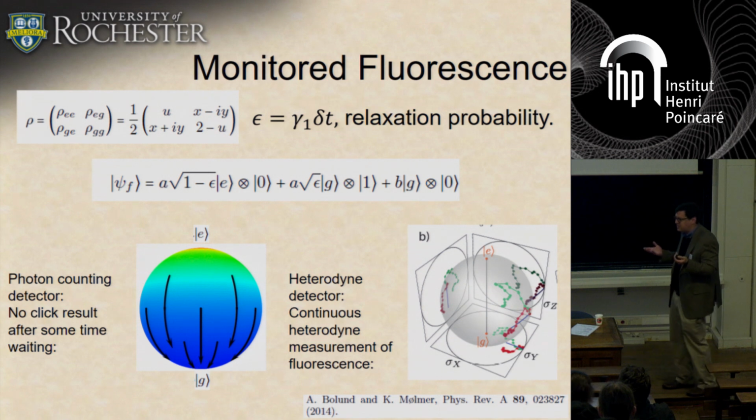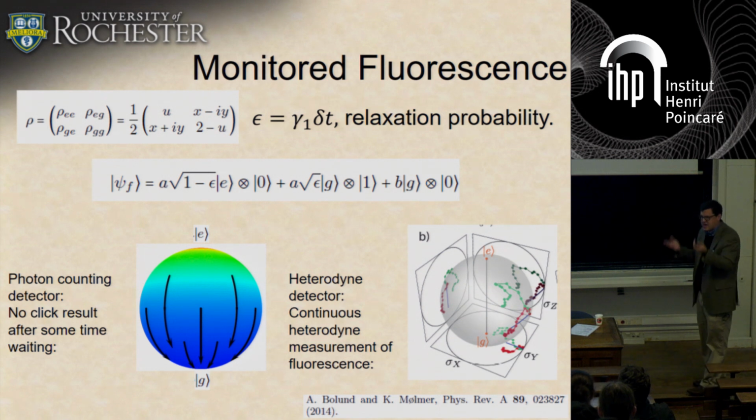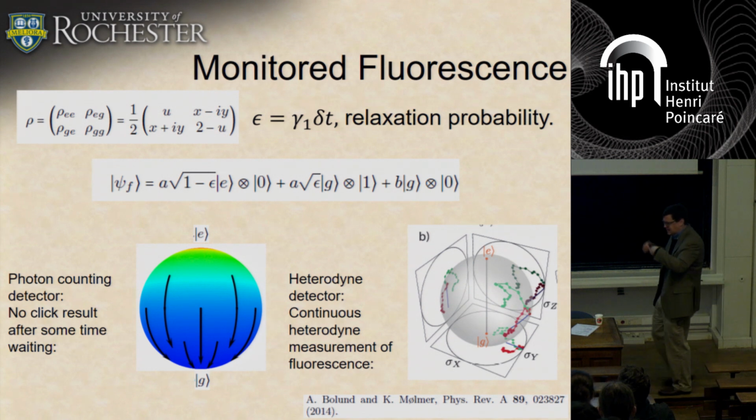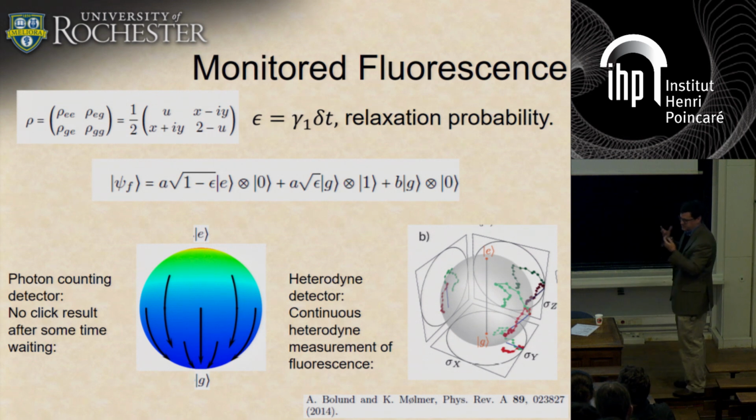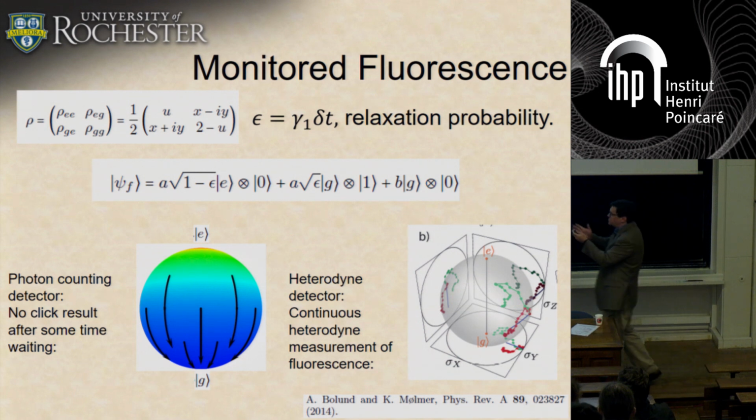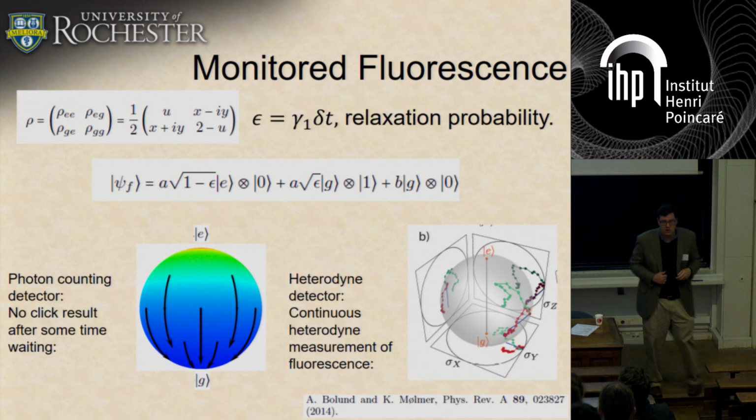So you might say, how can this be? Because the atom is just doing what the atom is doing. It's me that's detecting it. And the quantum mechanical answer is that these are entangled with each other. The fact that the state of the atom, the excited state or the ground state, is entangled with the microwave light field. Either I have no photon emitted or one photon emitted. And how I do the measurement on that meter, even if they're spatially separated, will then change the kind of dynamics you see in the quantum state of the